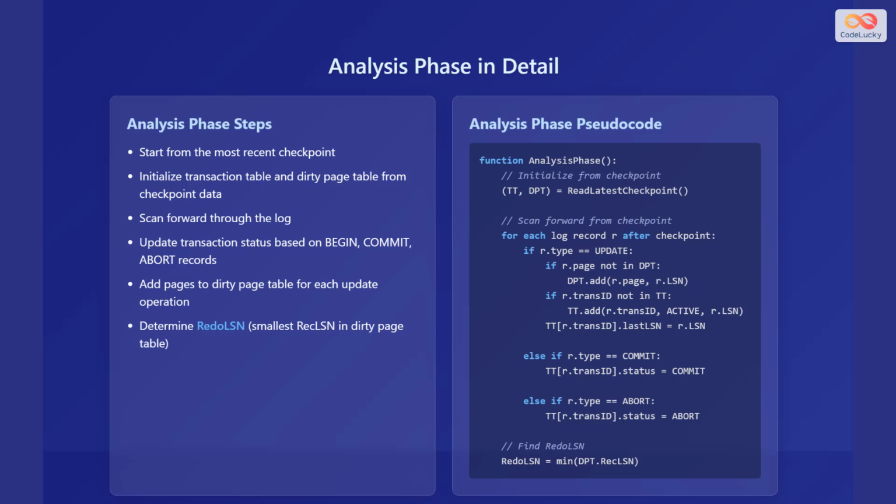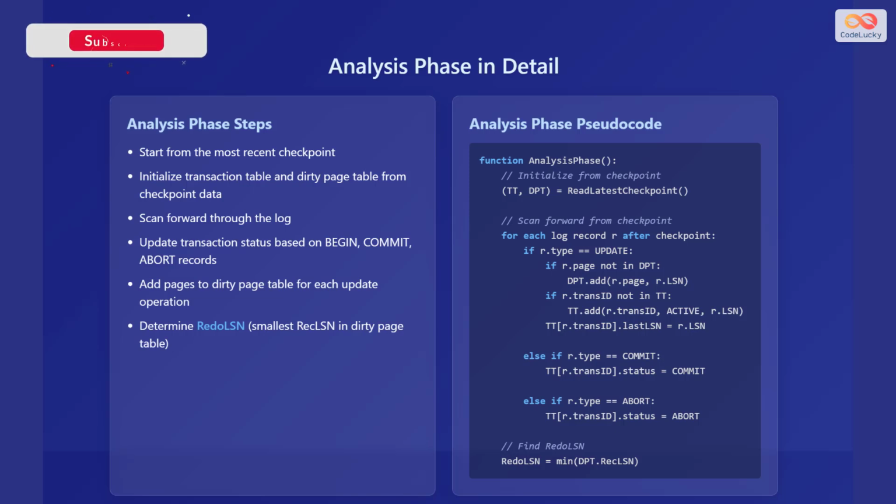Let's take a closer look at the analysis phase. The steps of this phase are as follows. First, start from the most recent checkpoint. Second, initialize the transaction table and dirty page table, using the data from the checkpoint. Third, scan forward through the log. Fourth, update the transaction status based on begin, commit, and abort records. Fifth, add pages to the dirty page table for each update operation. And sixth, determine the redo LSN, which is the smallest recLSN in the dirty page